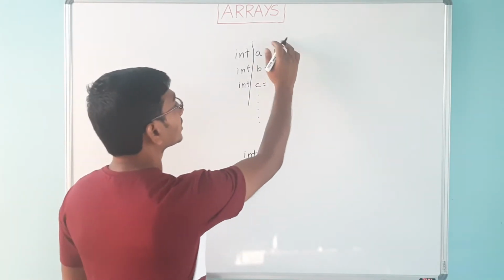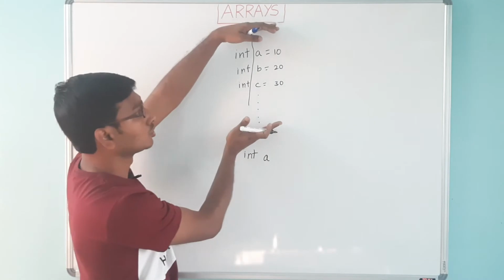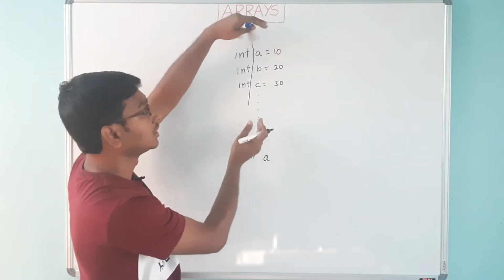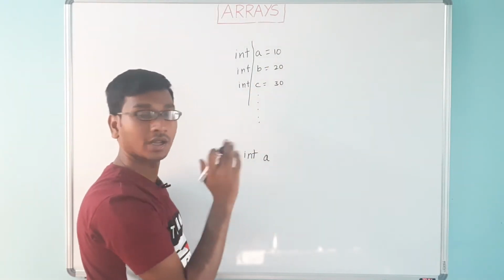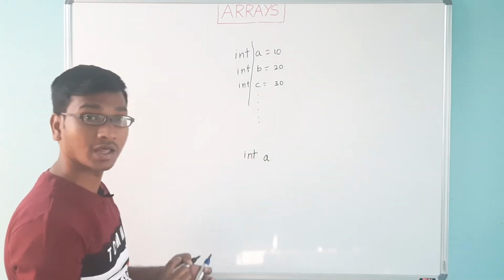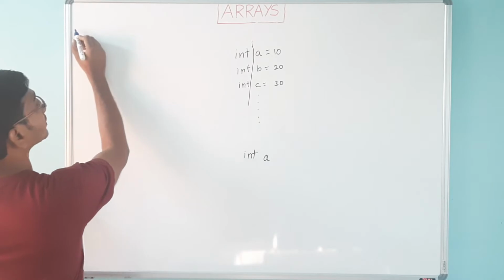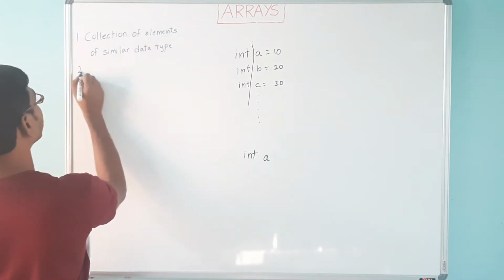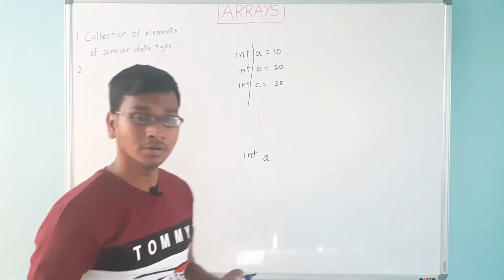You can see it here, this is a group, or let's call this a collection of these values or elements of similar data type, which is what we define as an array. So let me put it here. Now